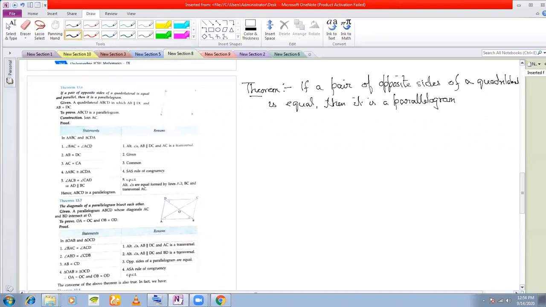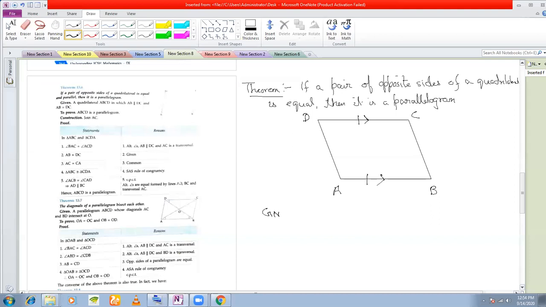So what you do is, right here, given ABCD is a quadrilateral, or maybe let us draw the figure first, then I will write ABCD. ABCD is a quadrilateral I have drawn, in which, suppose I assume this side is parallel to this side, it is given, and this side is also equal to this side. Other two sides I don't know. I don't know anything about AD and BC. I only know about AB and DC.